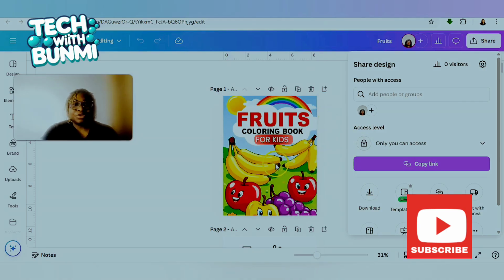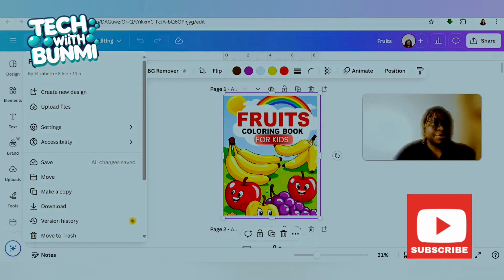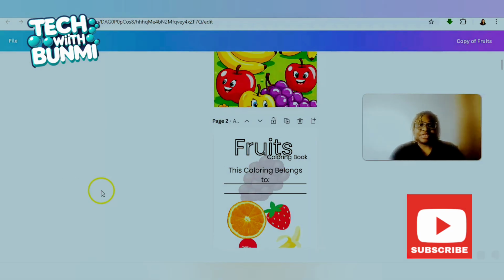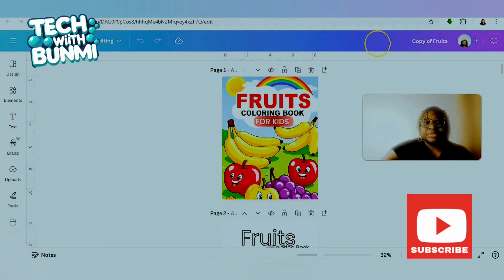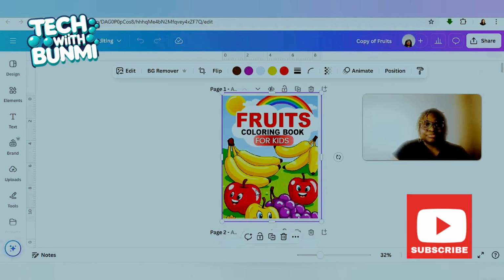So now I'll make a copy of this and I'll show you what I'm going to do next. You come to file and you say make a copy. Now it generated a copy for me, and this is the page. So I'm going to make some changes here. I'm going to remove,